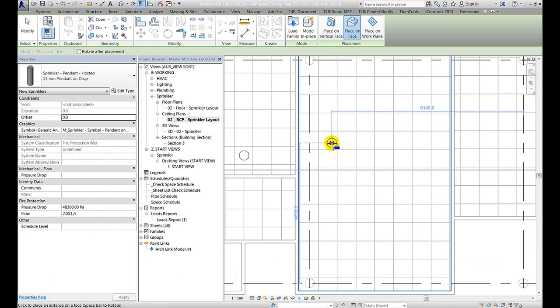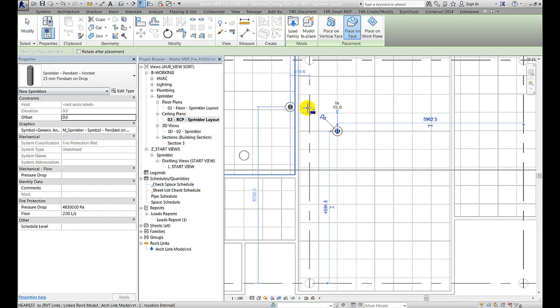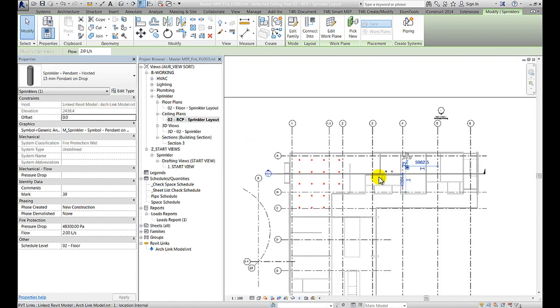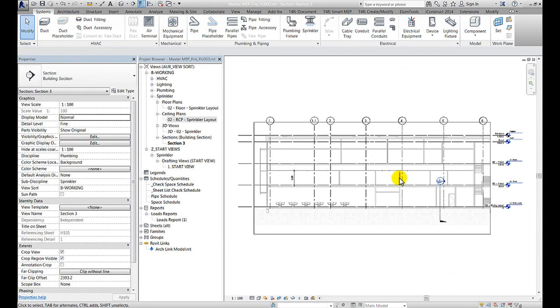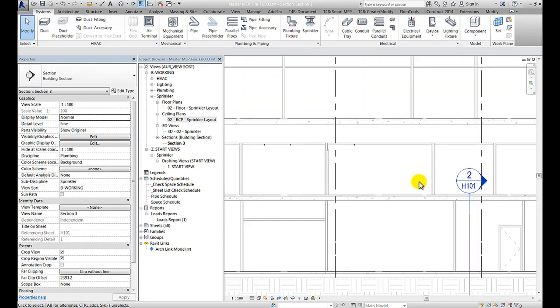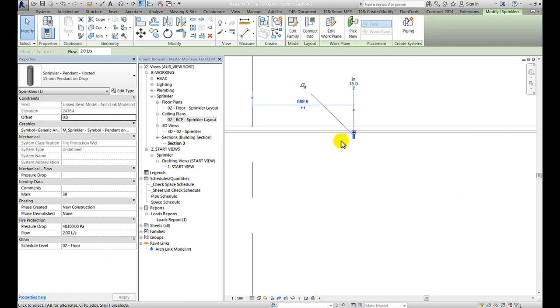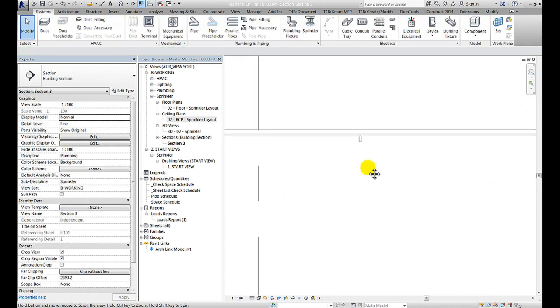Click to place the sprinkler on an intersection of the 600 by 600 ceiling grid. This sprinkler will host itself on the ceiling. Open the section view and scroll in and we can see this sprinkler sitting on the ceiling. Go back to the ceiling plan view